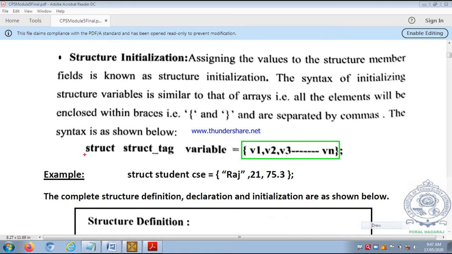Very important. So what should you have? You should have the struct keyword, then the name of the structure, then the structure variable, then assigned a value, then within a pair of curly braces a list of values. For example, you can observe here: struct means the structure tag is student, the structure variable is CSC, assigned a value, then within a pair of